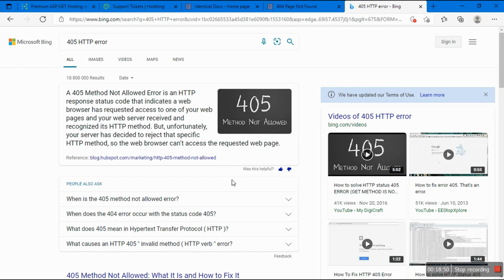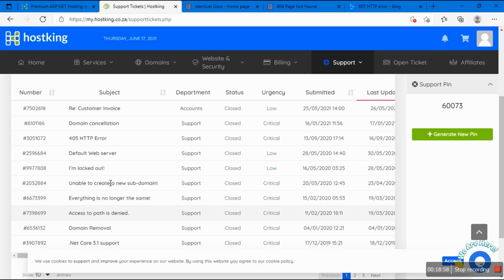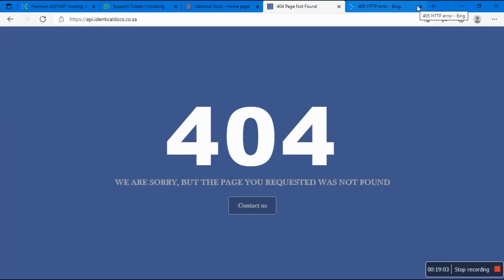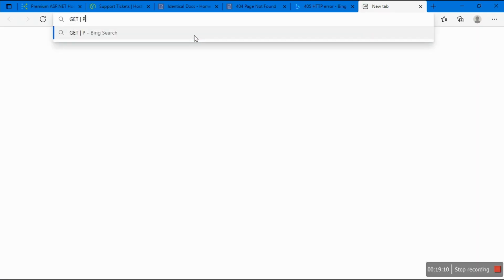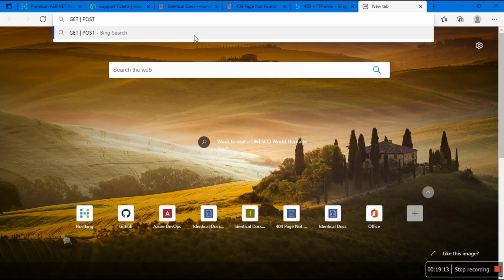I've been through this thing. I've seen the terrible side of being a developer, where you're excited and things don't work out. So that's when I had to reach out to these people to say, what's up? Basically, we have the following verbs. We have GET, we have POST. This is where you're getting a resource, and this is where you're posting something. So this is create or add, and this is get or read.